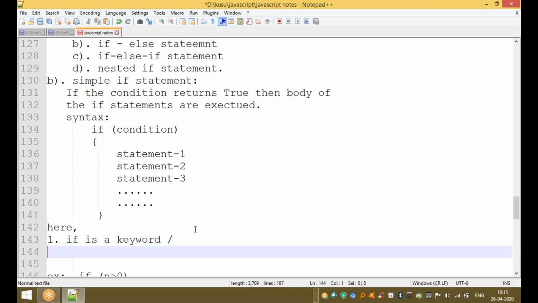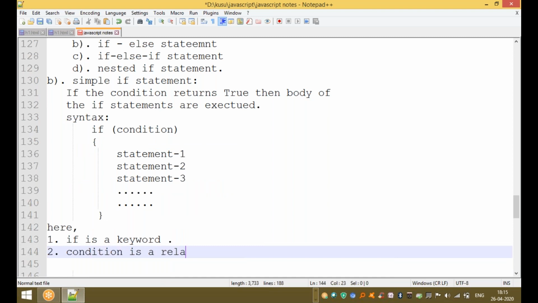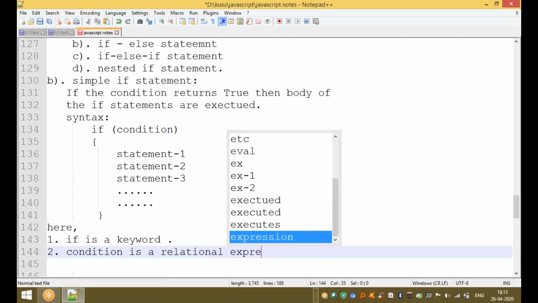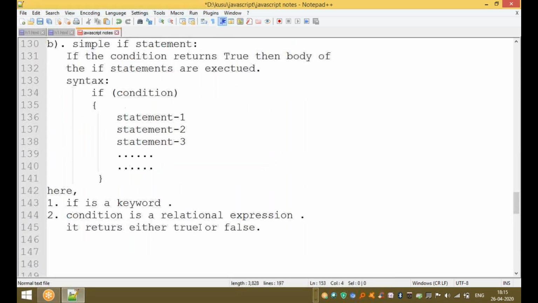Okay, clear? The next one is the condition. Condition is a relational expression. It returns either true or false, only two values.